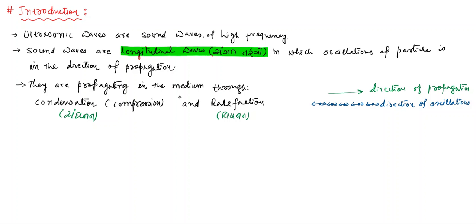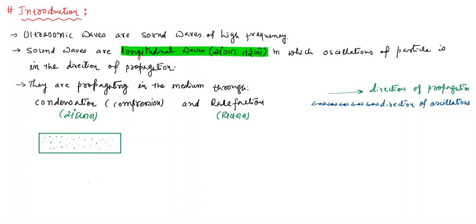So they are propagating in the medium through condensation and rarefaction. Let us understand that thing also. Suppose this is a part of a medium, and as we know, all the particles are randomly moving inside